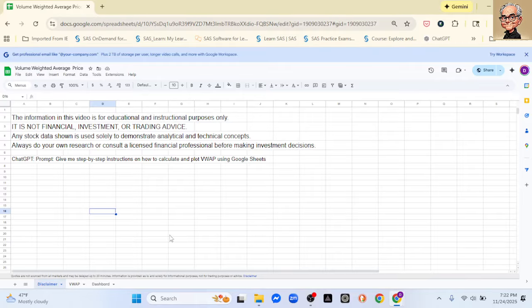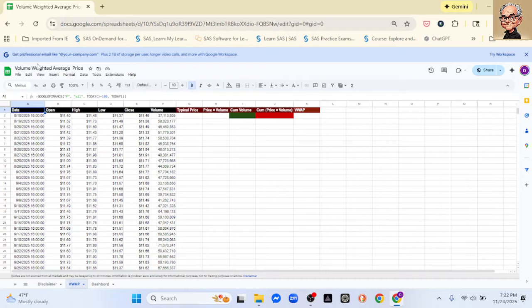Tonight's session we're going to be calculating and plotting the volume-weighted average price, or the VWAP, as it's referred to on the market. Okay. Before we get started,